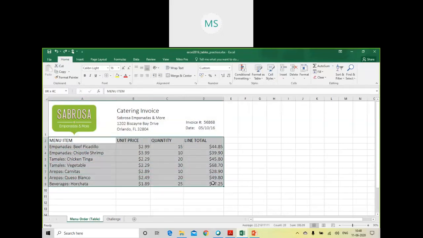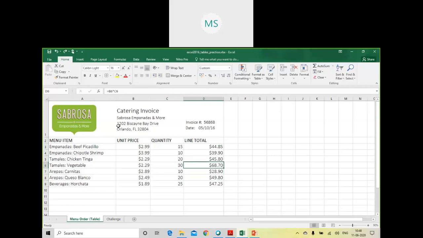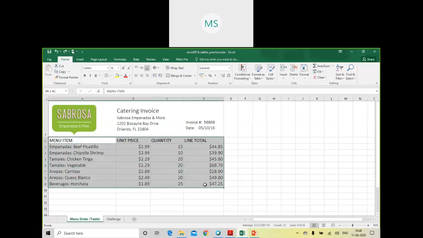Only this is your active table, because this section is your banner, which consists of the logo and the information related to this invoice: order number, invoice number, and date. So my active table is only this, starting from menu item to this particular cell.